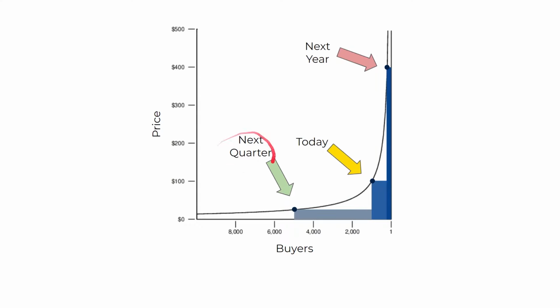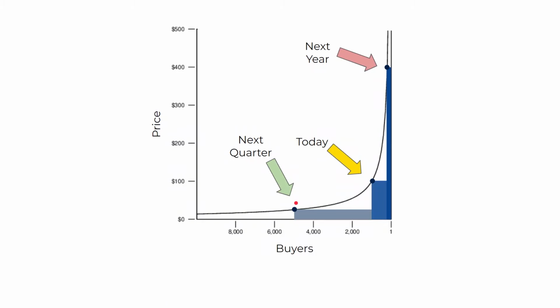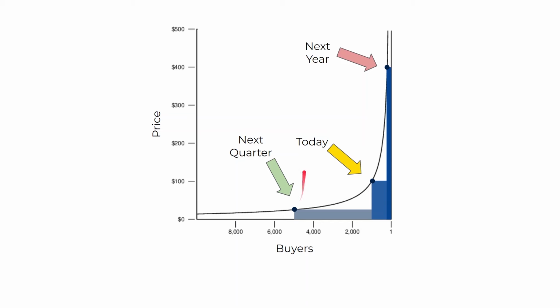Now, talking of time frames, here it is. So in the next quarter, you are going to implement this. So when you go to talk to your boss, when you go to talk to the CFO, to the CTO, and to the product owner, you are talking about this. For next quarter, we need to strip down features from the product and sell it at $25 instead of $100. And for the next year, we need to develop features so that we can sell it at a higher price point. And this price point will be $400.